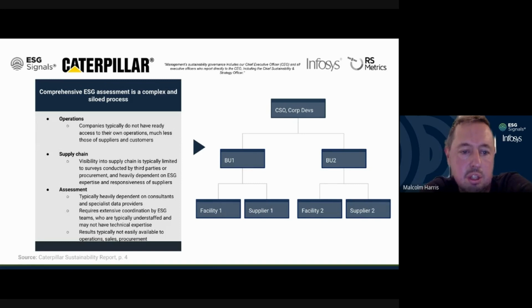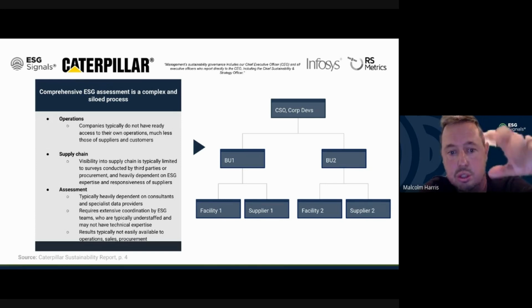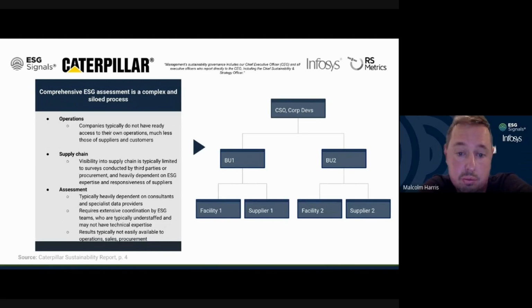You as, let's say, a procurement person want to assess these risks in your supply chain. You also want to look at them in your customers, right? In two ways. One is the fact that customers are increasingly demanding that their suppliers tell them about their environmental footprint, their biodiversity footprint, their emissions, right? So they want to have the data at their fingertips. So the sales team, in other words, wants to be able to go to their customers and say, hey, here's our performance, here's why we're better than the competitors, right? So you want this data to filter down to the commercial side. You don't want it to be a reporting asset that sits at a corporate ESG team. You want this to be driving commercial success for a company like Caterpillar.